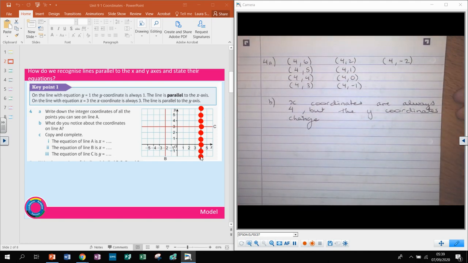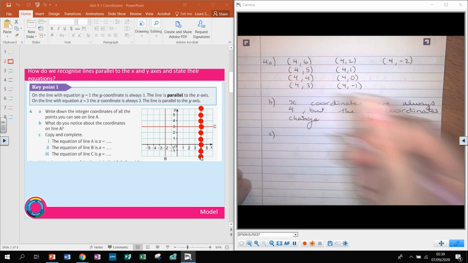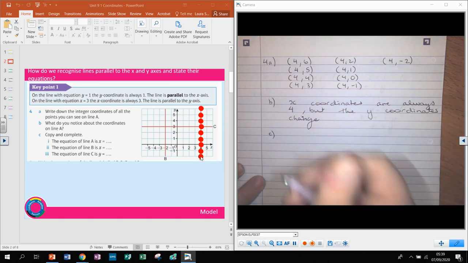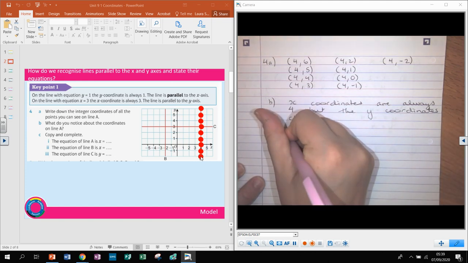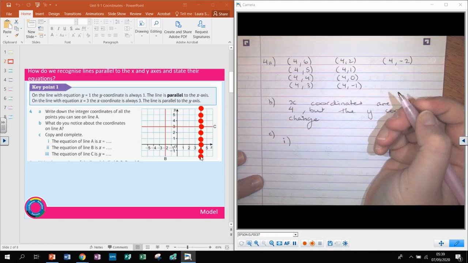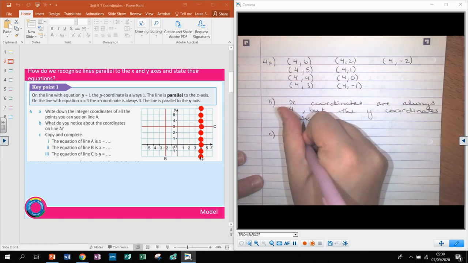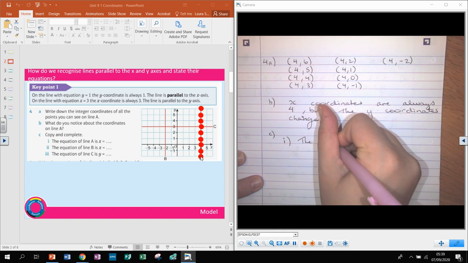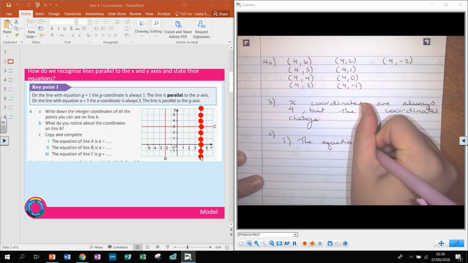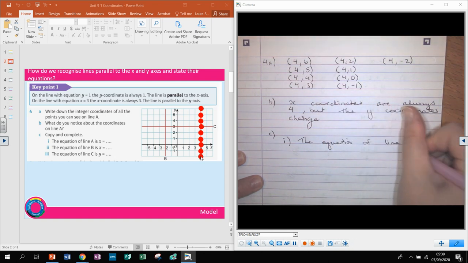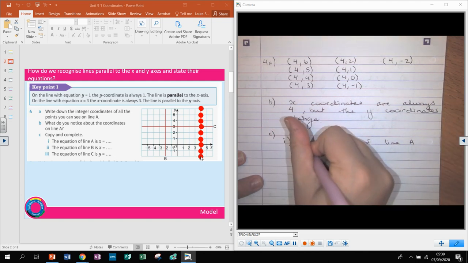Right. And part C says to copy and complete. Okay, so let's take a look at this. It says the equation of line A is, okay, so let's write that down. The equation of line A is,